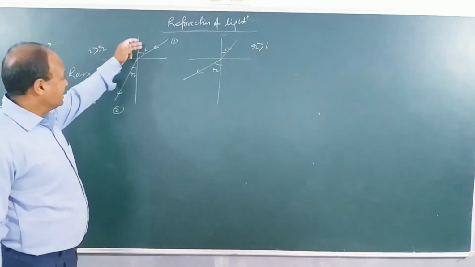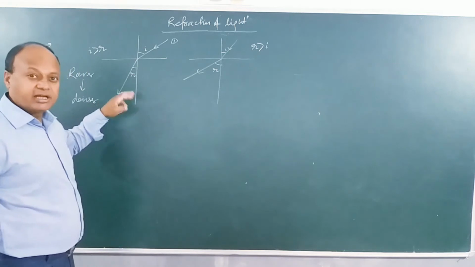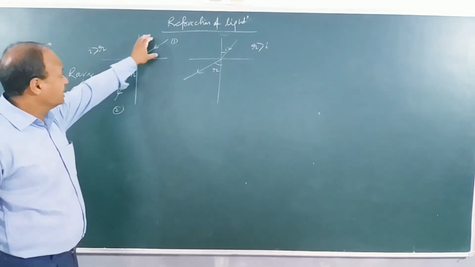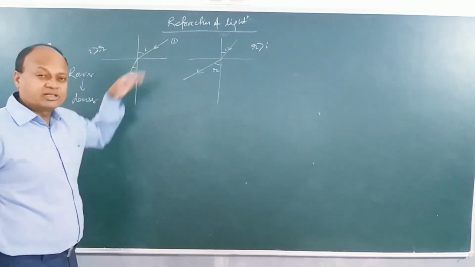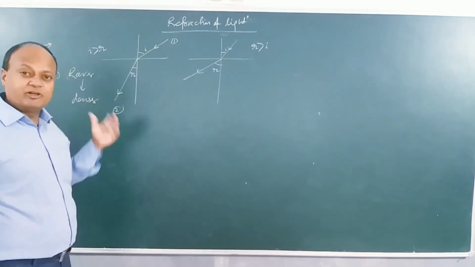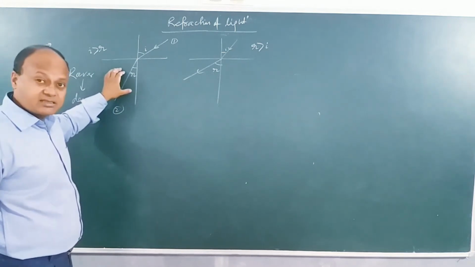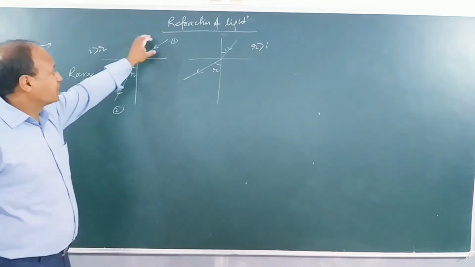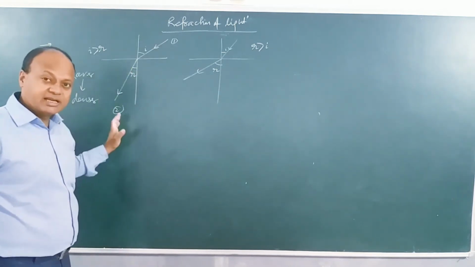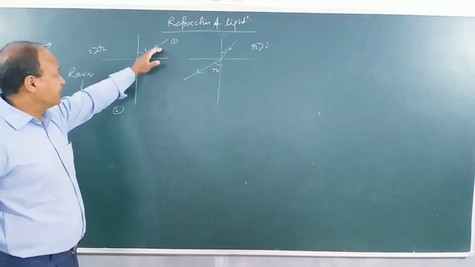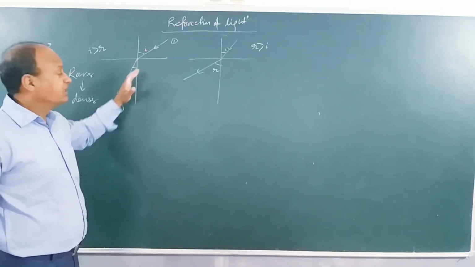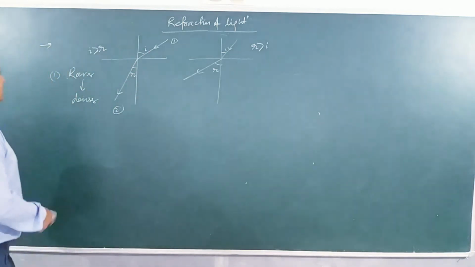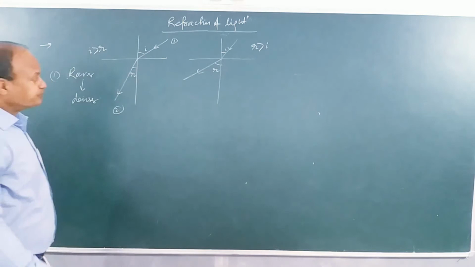Because as the light travels from rarer to denser medium, rarer to denser means the optical density of this medium is more than the optical density of this medium. You can understand the physical density, mass by volume also. This medium is more dense, more heavy compared to this medium. This will also be enough to understand light medium, heavy medium. You can understand like this for the time being. When we turn from light medium to heavy medium, or rarer to denser, it will bend towards the normal, and i will be more than r.